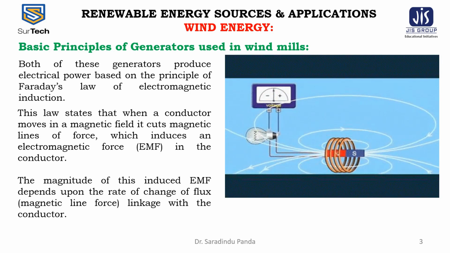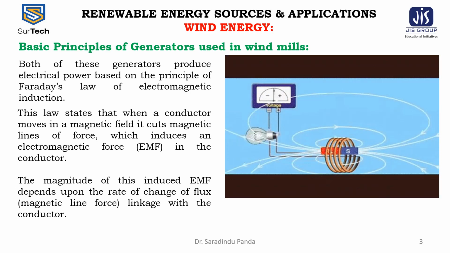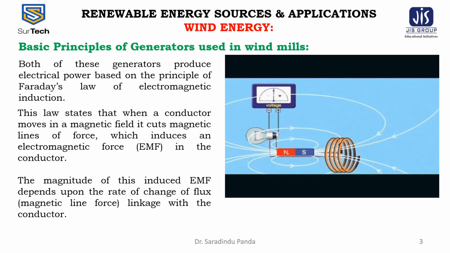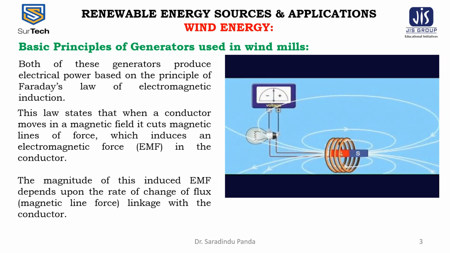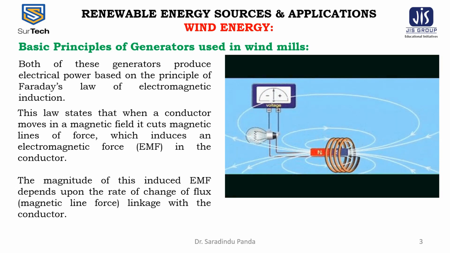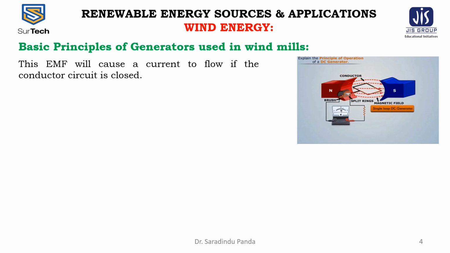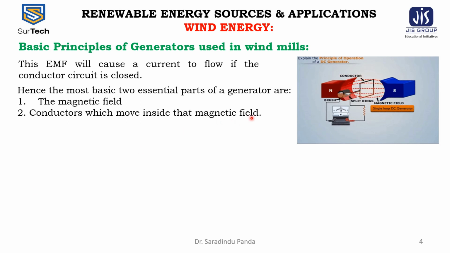The magnitude of this induced EMF depends upon the rate of change of flux, that is, magnetic lines of force linkage with the conductor, as shown in the figure. This EMF will cause a current to flow if the conductor circuit is closed. Hence, the two most basic essential parts of a generator are the magnetic field